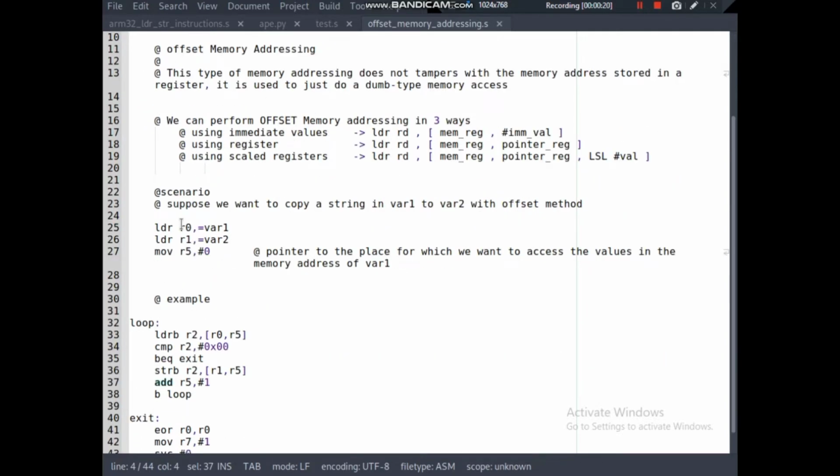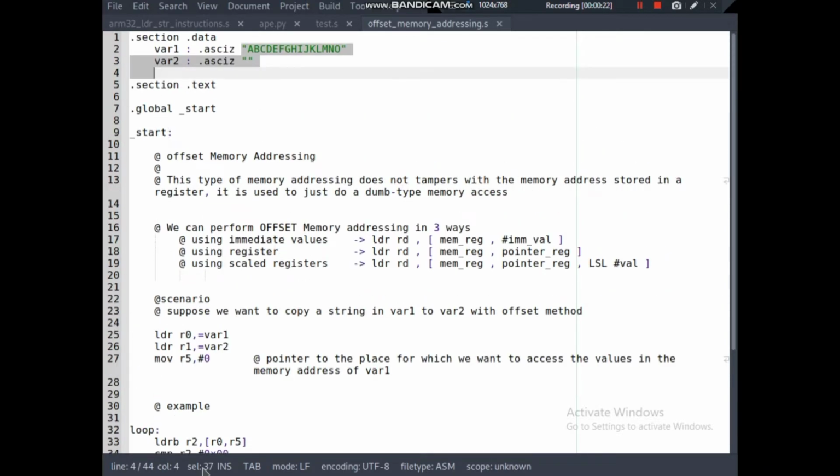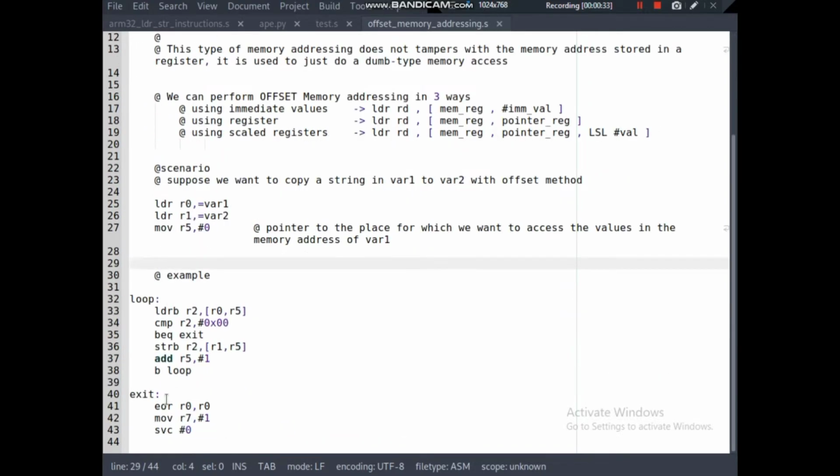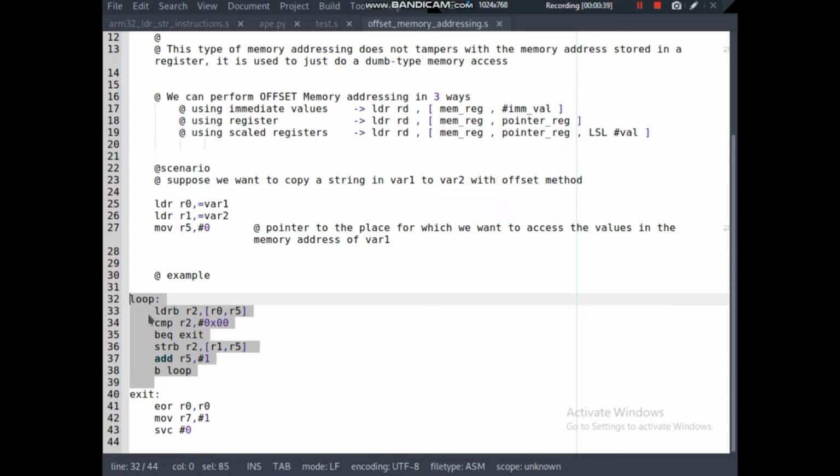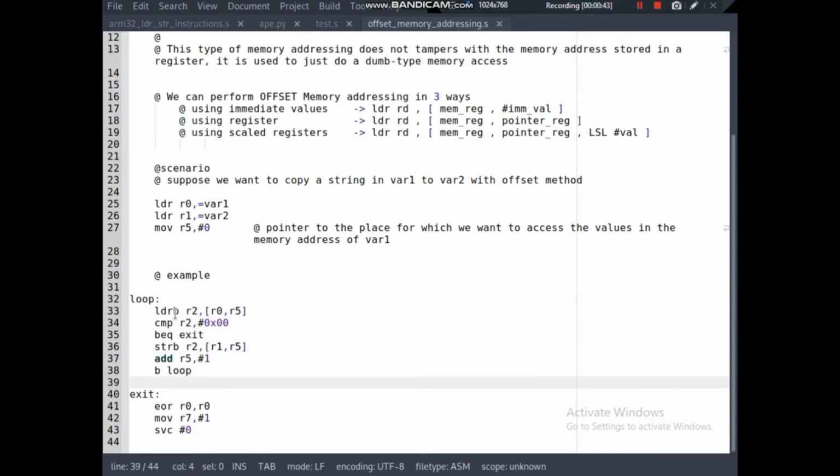So what we are doing is loading some registers with the memory addresses of the variables: loading R0 with variable 1, loading R1 with variable 2, and loading R5 because we are going to use it as an accumulator. What we want to do is copy the string of variable 1 to variable 2, and all the code responsible for doing that resides in this section,